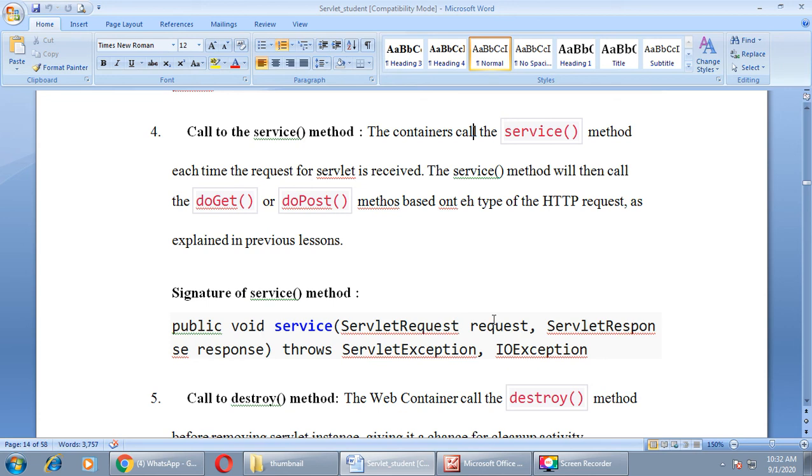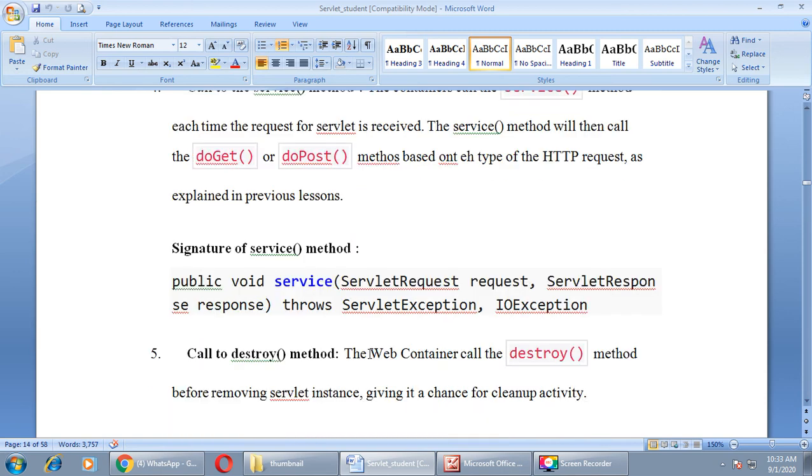You can define the name of these objects as per your desire, but for better understanding, we always define the object of ServletRequest as request, and the object of ServletResponse as response. This method also throws ServletException or IOException in case an error arises, right? So this is the signature of service method. We always use this method whenever we create an application of servlet. So do remember this signature of service method.